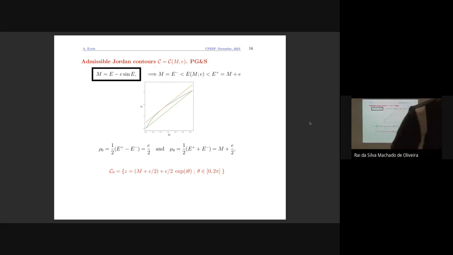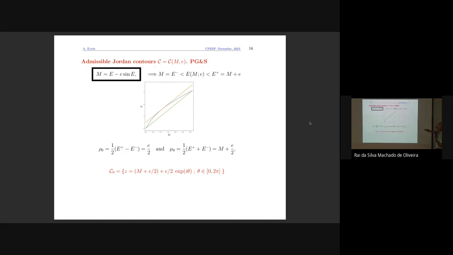So we trace the line from here to here. That will be the straight line E equal to M. That will be this. So this will be the lower bound. And because of the mean value theorem, there is only one point in which the tangent to the curve is exactly the same as the gradient of the straight line, or in other words, these two lines are parallel, and this will be the point where the line is tangent to the curve. So this is M plus e, and this will be the upper bound.